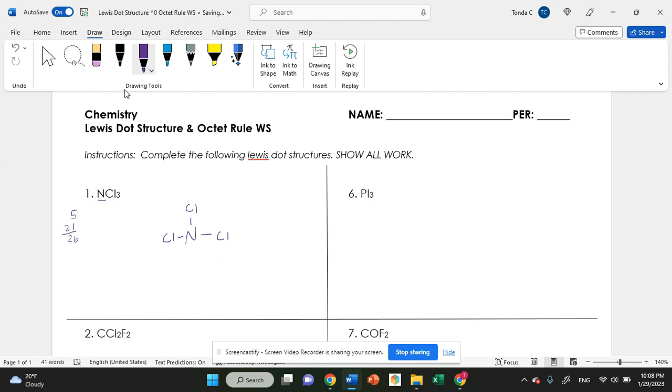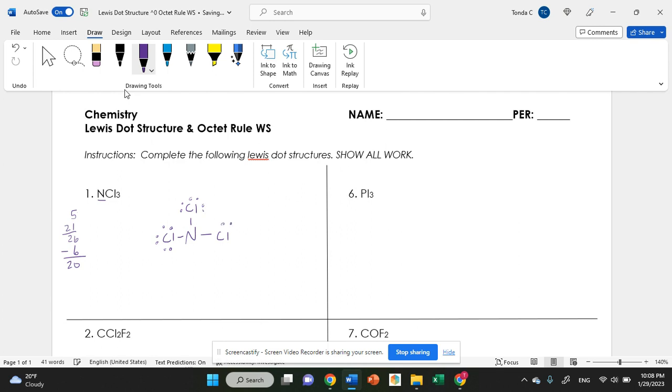Remember, when I draw a line, that is 2 electrons each, so I've used 2, 4, 6 electrons. That leaves me 20 electrons left to use. The next step tells us to make sure the outside is happy first. So right now, this chlorine only has 2 electrons, so I need to give it 6 more to make it happy. Same with this chlorine,